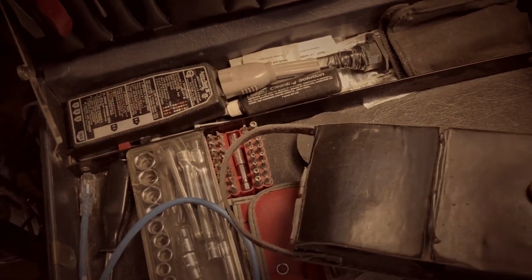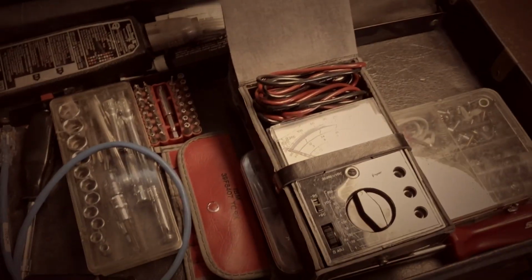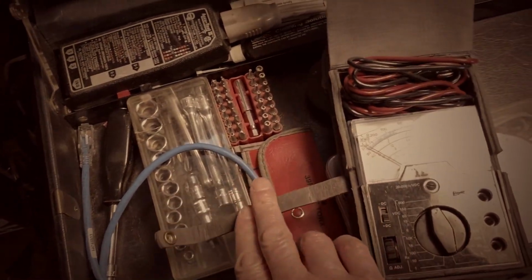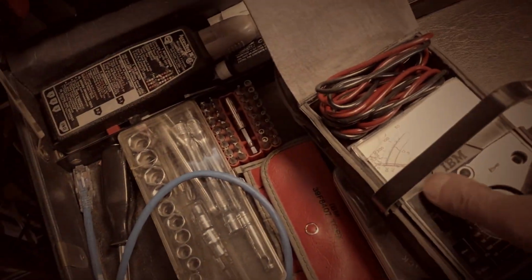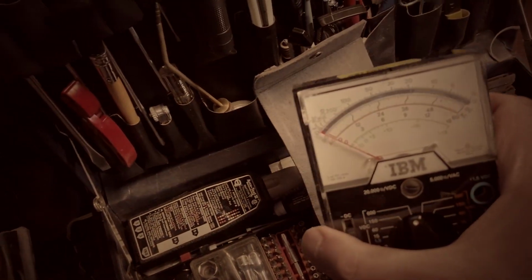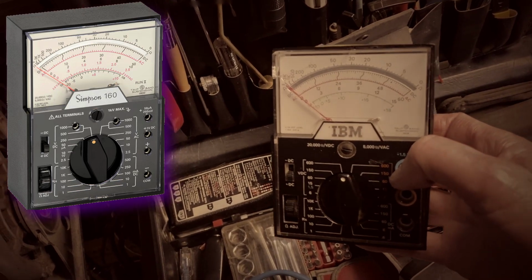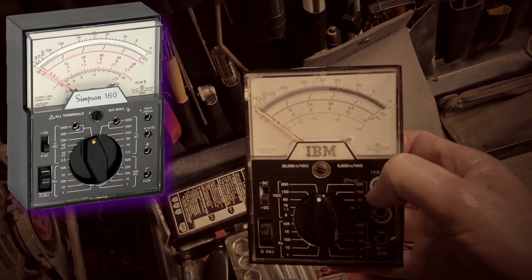And if we open it up and take a look at it, let's see what we've got here. Oh yes, looks like we might have the IBM version of a Simpson 160. And as you can see, pull it out of the case here, it is indeed modeled after the Simpson 160, but it was produced for IBM around 1980. And they probably produced several thousand of these things for the engineers to carry with them